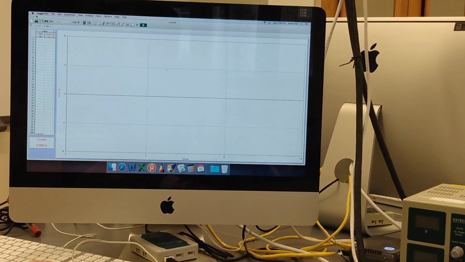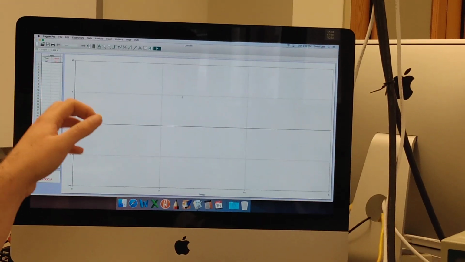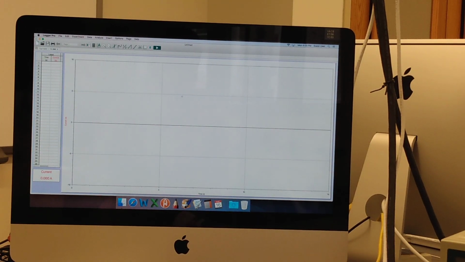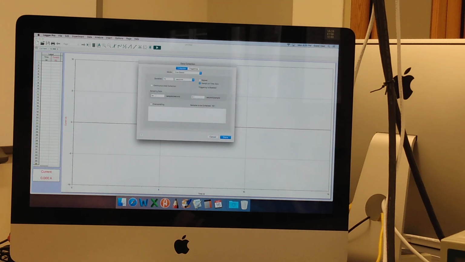The first is we need to think about our sample rate and the resolution of our data. Now, if you've read the appendix, you know that a rule of thumb is to have at least twice the frequency you expect. These can vary a little bit, but most commonly they're around 20 hertz. So at a minimum, we should go into data collection and set it to 40 samples a second. Just for the sake of data, I'm going to use 400 so that we have a really nice resolution for